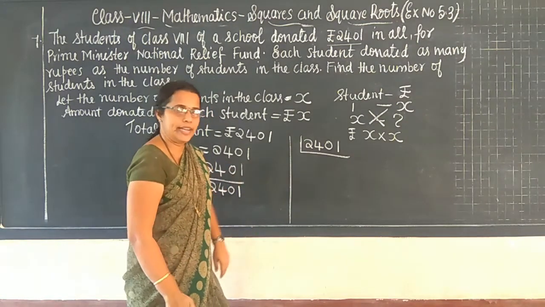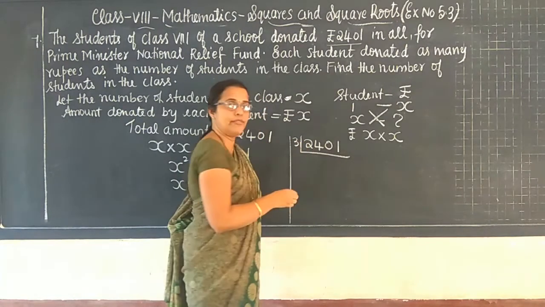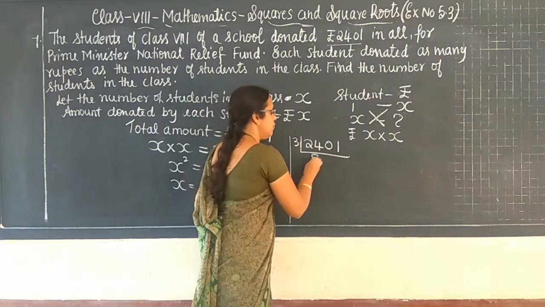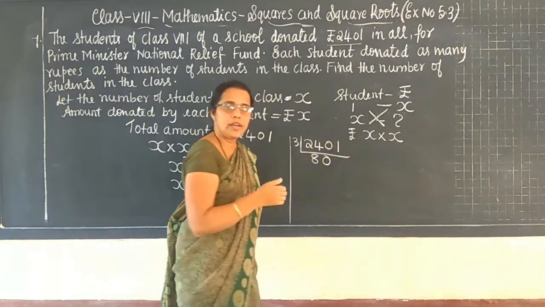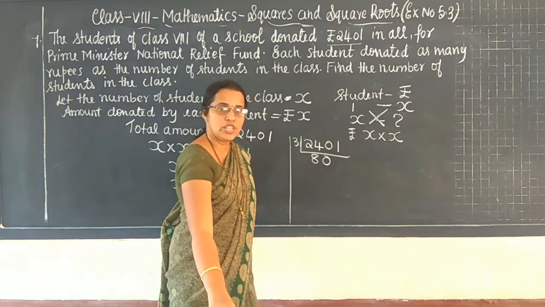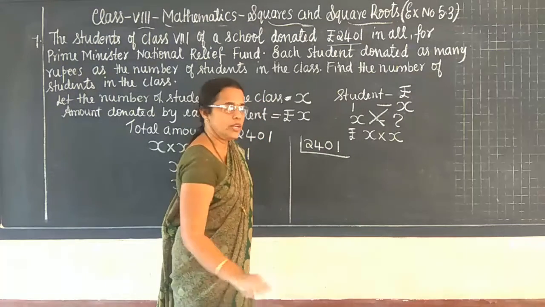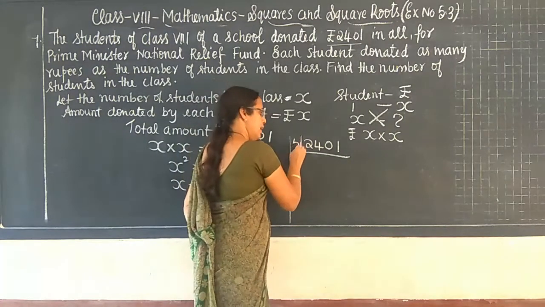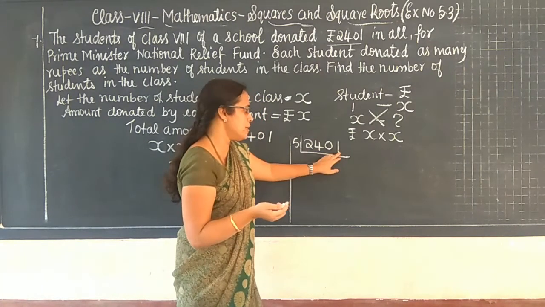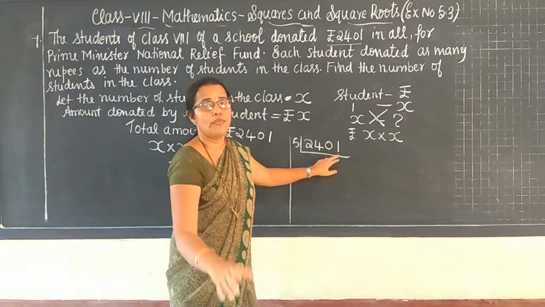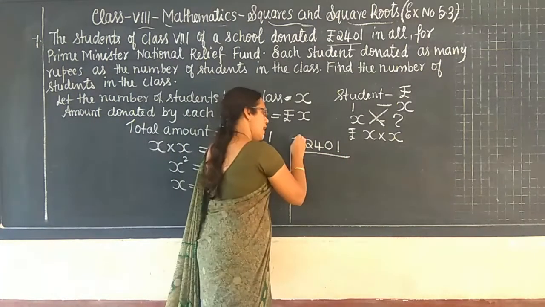If I take the 3 table, is it divisible? Let us see. 3 how much are 24? 3 8s are 24. 3 how much are 0? Zero. 3 how much are 1? Not possible. Correct, no children? Not possible means I cannot divide with this. So which number can I divide by? I can take 5. It's a prime number. But any number divisible by 5 must end with 5. There is no 5, so it is not divisible by 5. Then you can divide by 7.